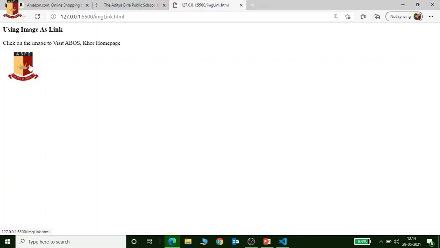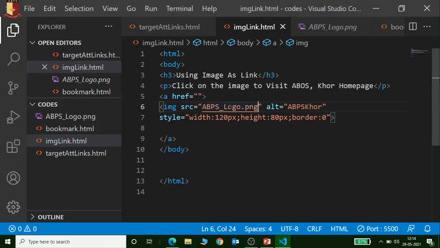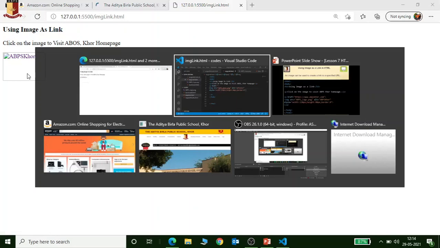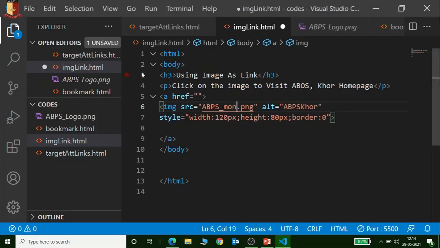Here the image appears. Now rename this one, suppose ABPS typed here .png. The file name changed. Just check what will happen. Here the image is gone, because the system is unable to find the image. So your image name must match the source.